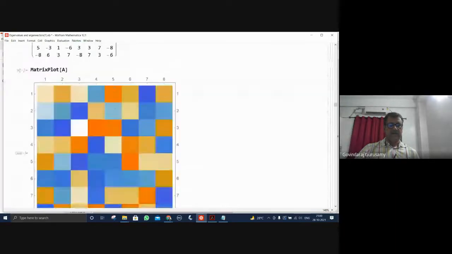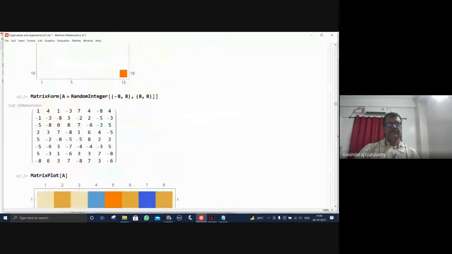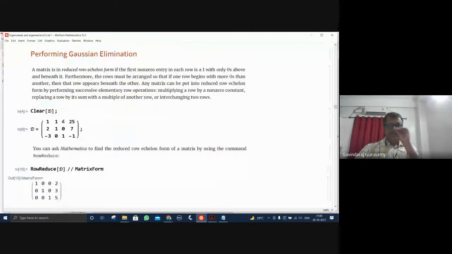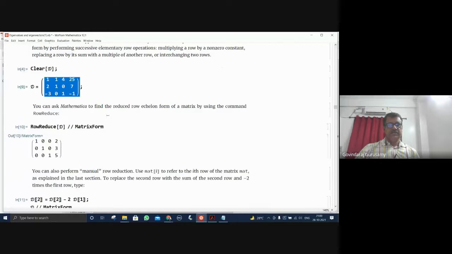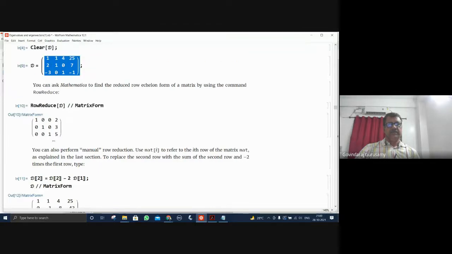Now we will try to see some of the operations with matrix operation, whatever you have learned, to study some simple computation. For example, this is the matrix which you have. We wanted to find out the solution to this by using Gaussian elimination. So this is the simplest thing. Directly you can row reduce. If you ask to do it, this matrix will be given and the corresponding solution will be found.